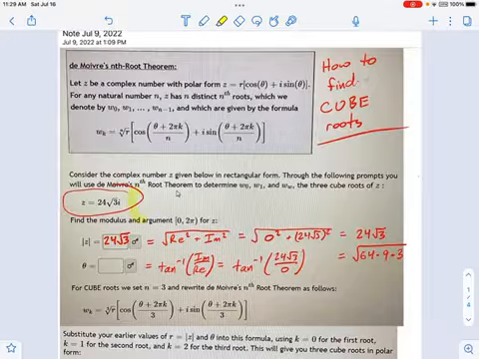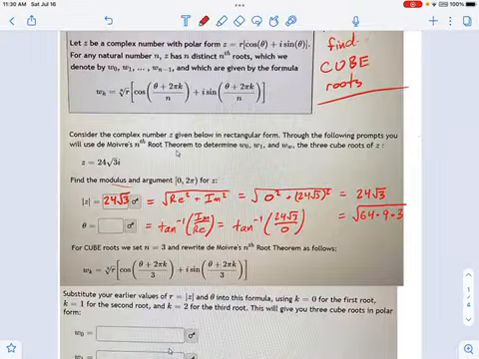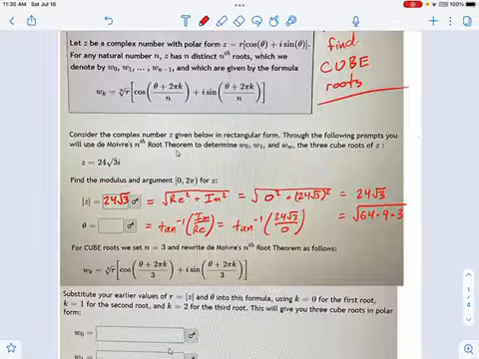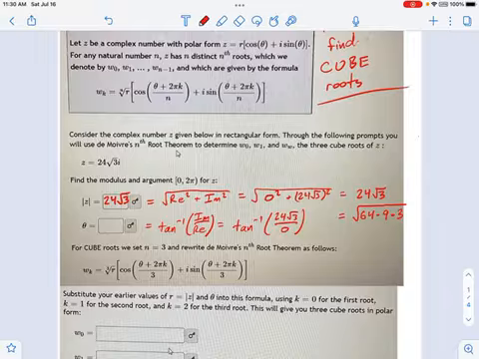So what I did was I went ahead and found for us the modulus by taking the square root of the real squared plus imaginary squared parts. And that just turned out to be 24 square root 3. You'll notice it looks a lot like this thing, and when you only have a real part or an imaginary part, it's super easy. But I just want to point out something before we move on from modulus.